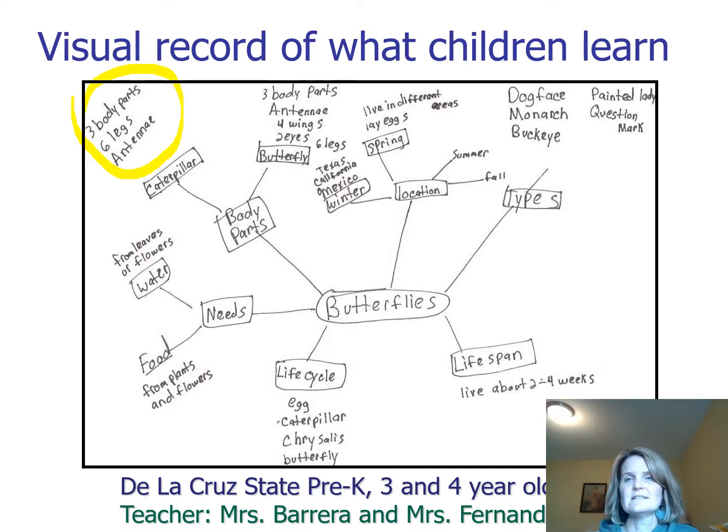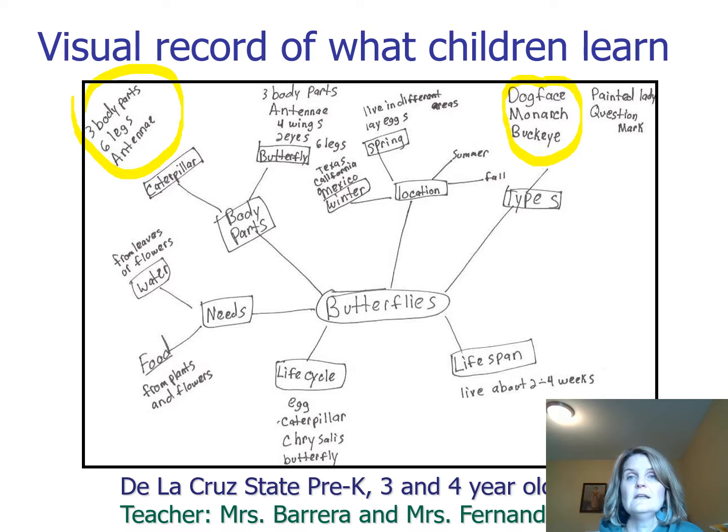Where else do we see listing? Oh yeah, right over here: dog face, monarch, butterfly. So we really want to think about how to make sure that we really expand. Sometimes if we place words in a list, there's less room for expanding and adding and connecting. So always make sure that you're actually using a space that can adequately capture all of the potential